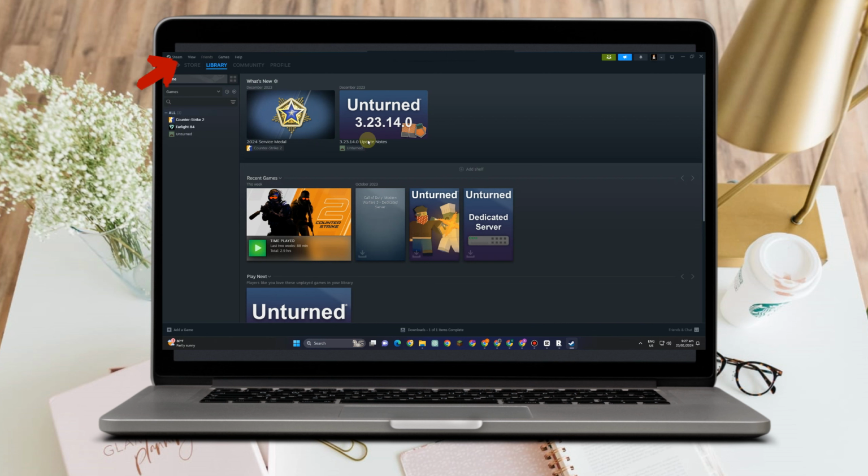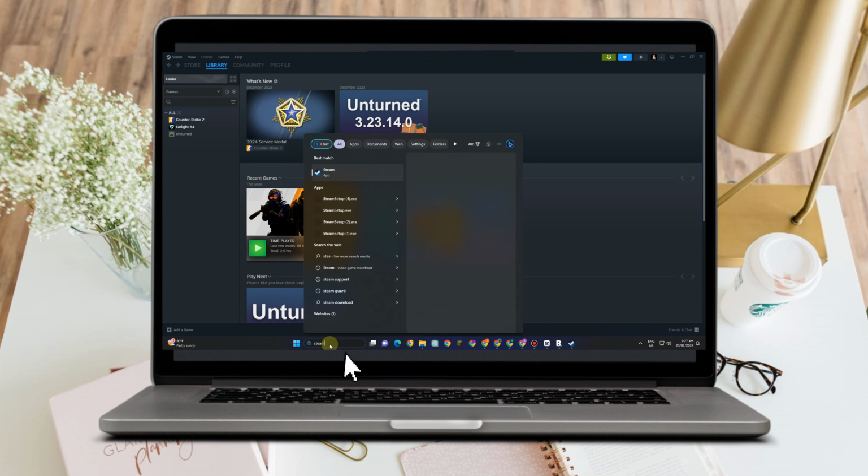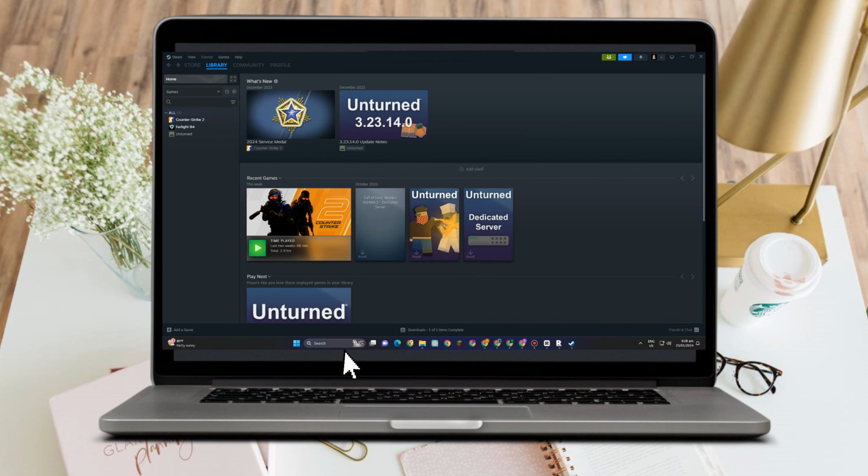How to fix Steam missing file privileges error on PC. So first, you just have to simply launch your Steam application, but make sure that you run this as administrator. So tap on as administrator, and then once done, you can now start the first method, and that is to